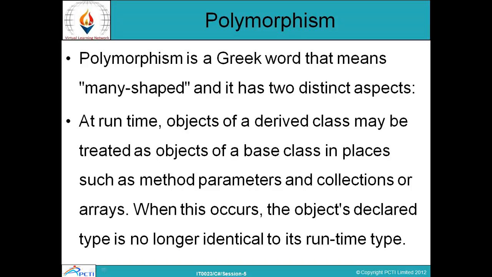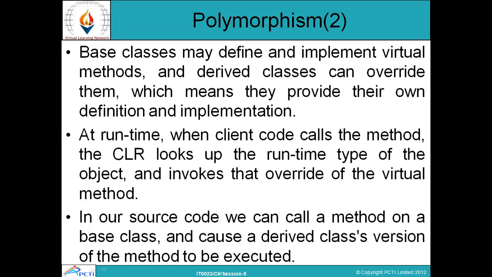Two distinct aspects related to polymorphism are: first, at runtime objects of a derived class may be treated as objects of a base class in places such as method parameters, collections and arrays. When this occurs, the object's declared type is no longer identical to its runtime type. Base classes may define and implement virtual methods, and derived classes can override them, which means they provide their own